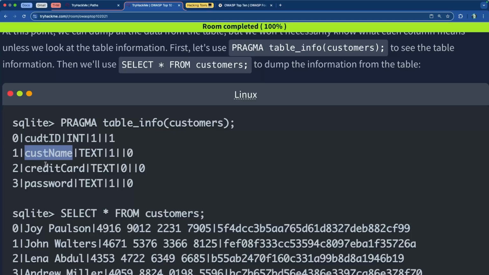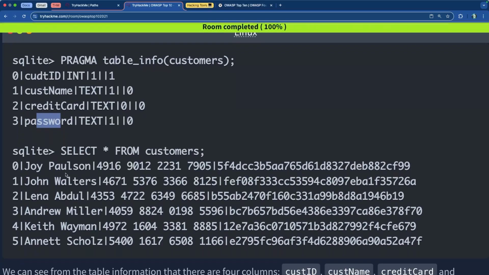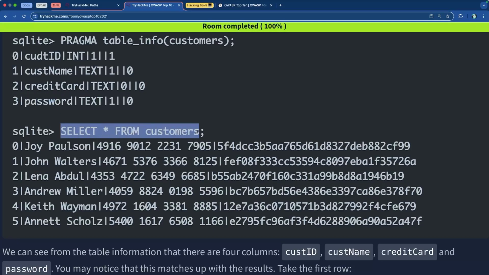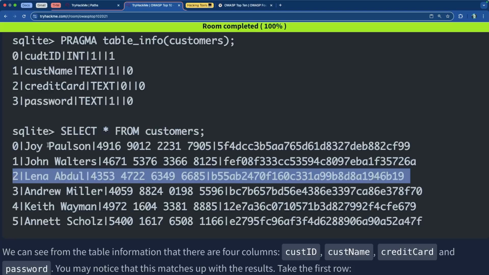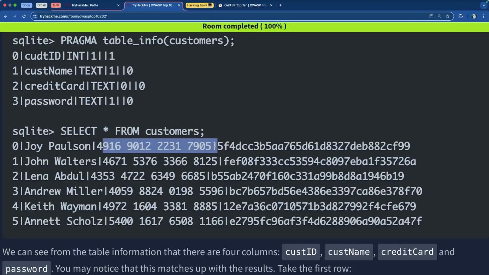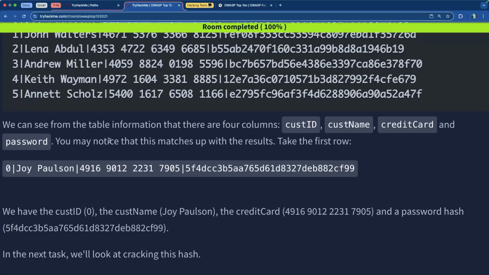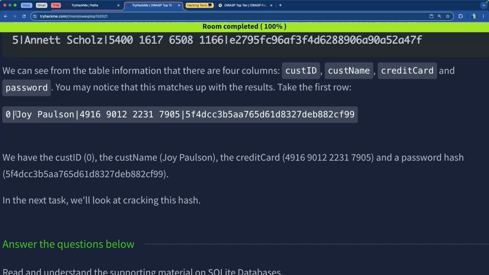And then we have customer name, credit card information, and password. Then you select everything from that table, and you're going to get the ID of each customer, their name, their credit card information, and of course their password hash. So we're not getting the plain text version of the password, which is nice, I guess. But we are absolutely getting their credit card, which is crazy. So the first one would be Joy Paulson, right? And this is what